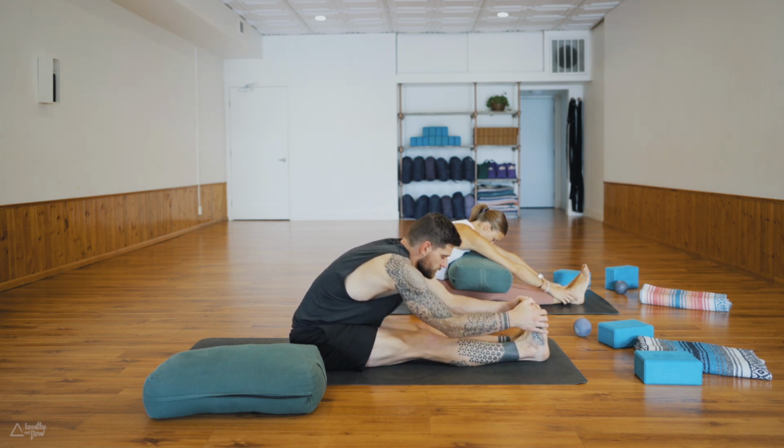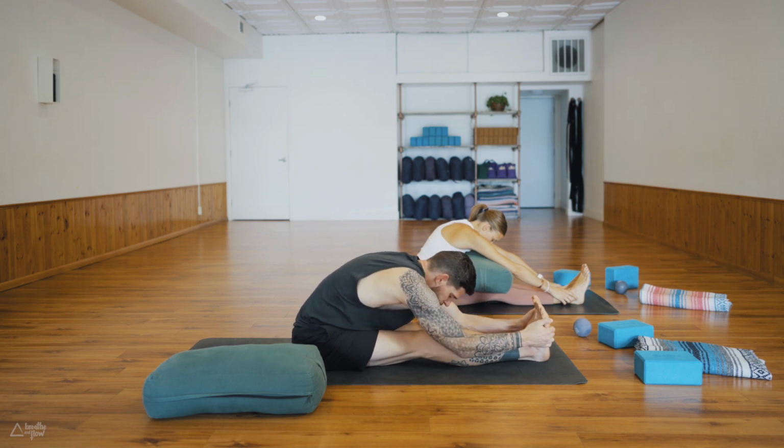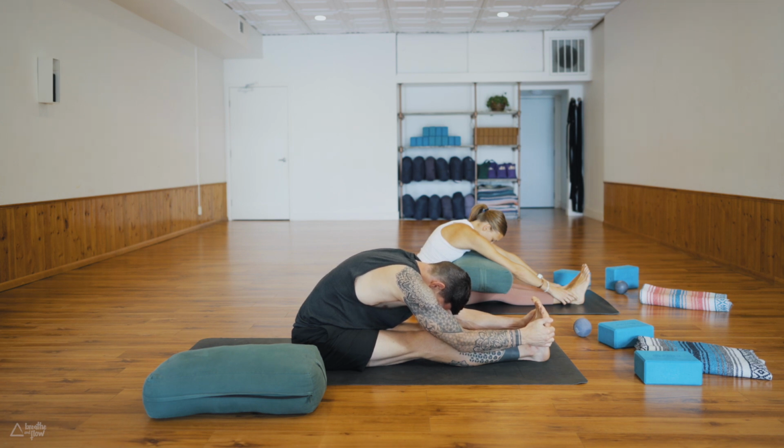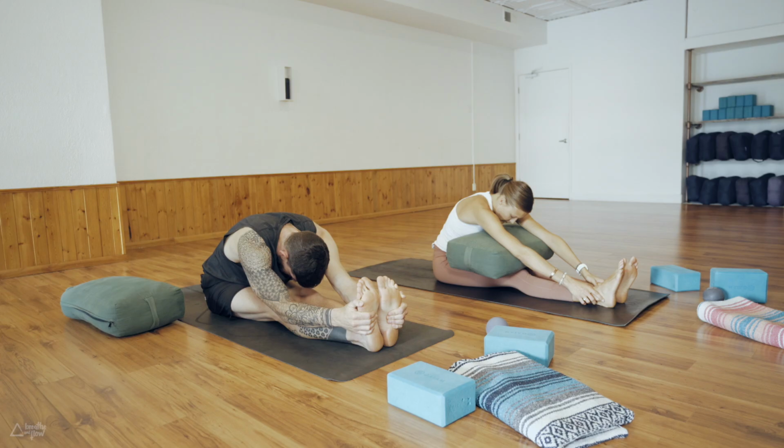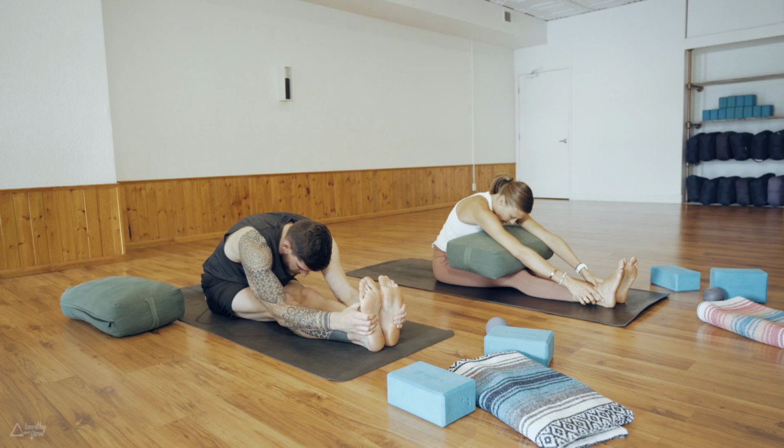Again, it's not about going deep. It's feeling the body, feeling good, letting go. Close your eyes. Let the back round a little bit so we're not just only stretching the lower body but also the upper body. As I mentioned in the Monday video, we are lengthening the entire fascia line that's actually